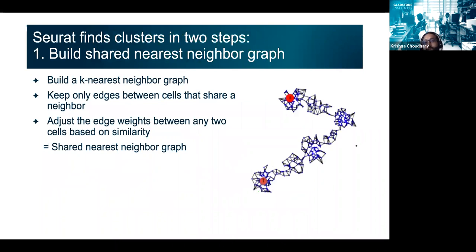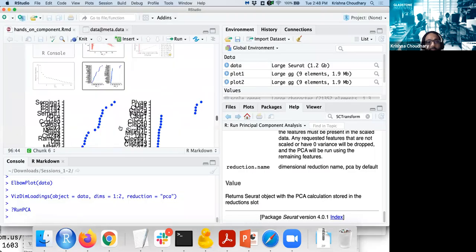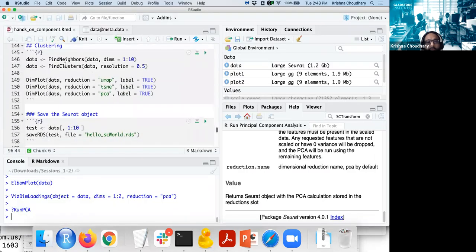So the approach for clustering in single cell again relies on the neighbor graph kind of approach that we just discussed. One again builds a nearest neighbor graph, and that is done in the step of find clusters. First of all, you create the neighbor graph, find neighbors, and then you run the find clusters function